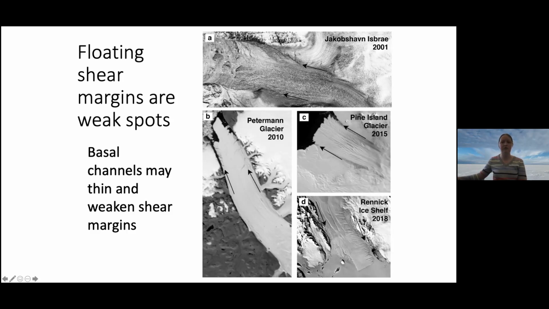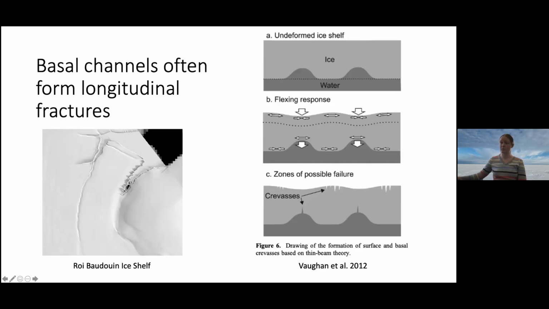So those are just a few examples. We see this in a lot of places. So knowing that basal channels are forming under shear margins, and shear margins are already often a key component to ice shelf stability. They're often the place that breaks first when an ice shelf is retreating. It's certainly important to try to understand how those channels are impacting the fracture there and the calving events, and there's been some good work on that already,